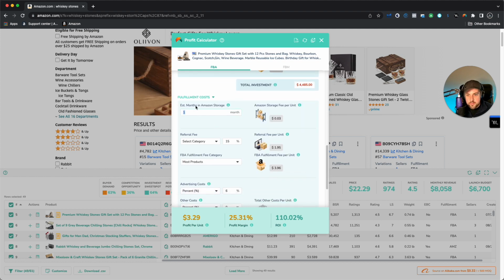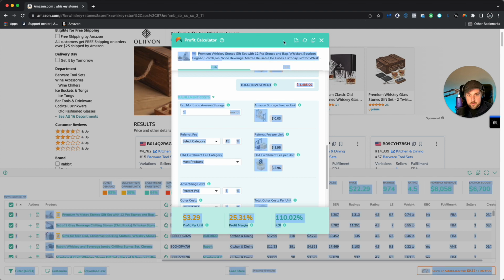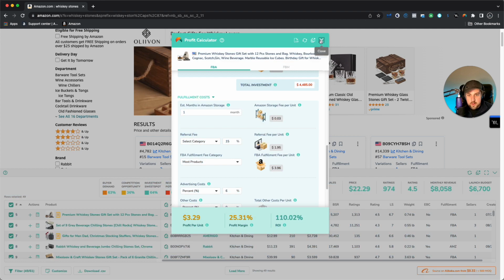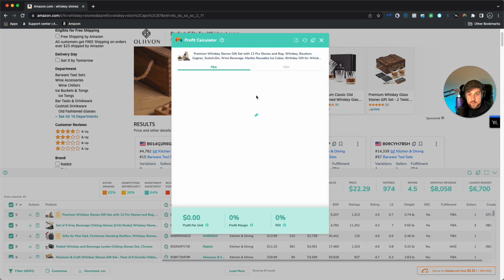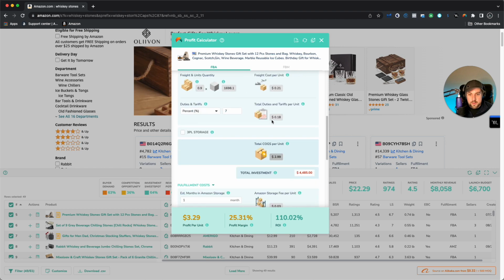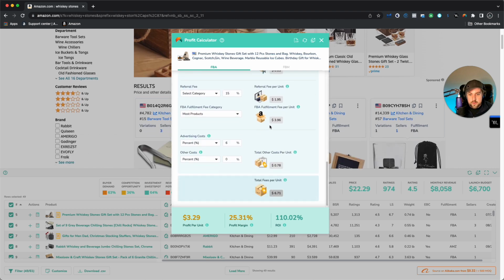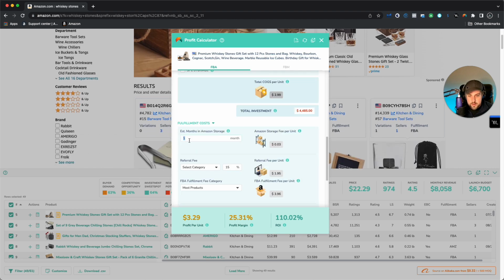In any measure though, we can take a look and see estimated months in storage. Relating back to this product, basically they're selling about 1,200 units a month. As a brand new seller, you're probably not going to have that quick of a turnaround on your inventory rate, but let's say, just to be safe, that we're going to be storing for 6 months, just so we